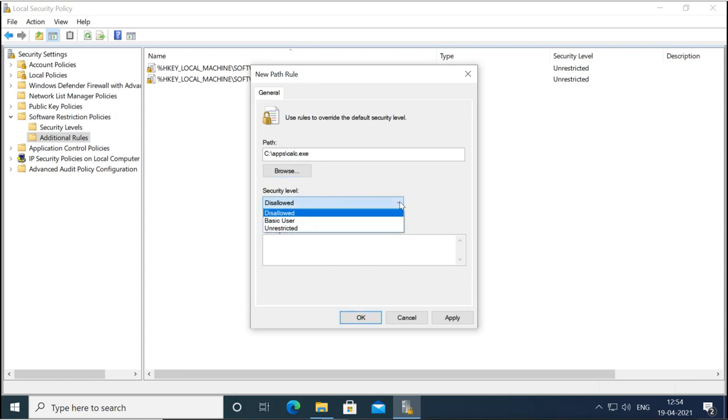You want to disallow, you want to use the basic user restriction, or you want to just unrestrict it. So I'm going to disallow it. Then you can add the description also, like why you have done this, so that whenever you see the policy, you will know why you have created this policy.